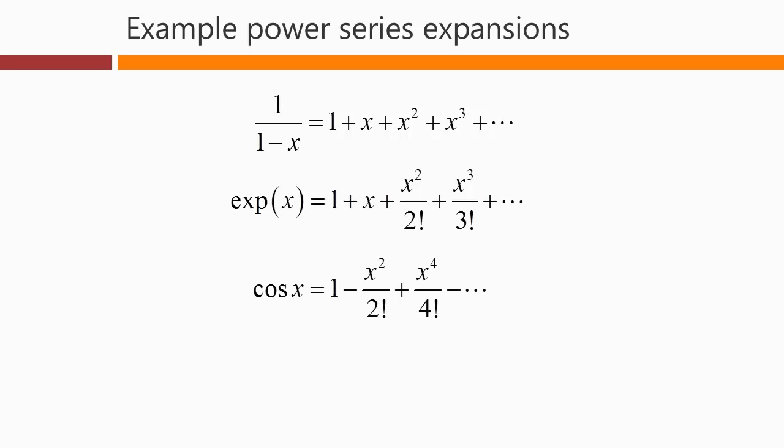The power series for the cosine of x is 1 minus x squared over 2 factorial plus x to the 4th over 4 factorial. And the power series for sine of x is x minus x cubed over 3 factorial plus x to the 5th over 5 factorial minus the next term, and so on. So note that the signs of these terms are alternating in the cosine and sine expansions. And if you check it out, you can in fact use Euler's formula to deduce these power series from this one here.